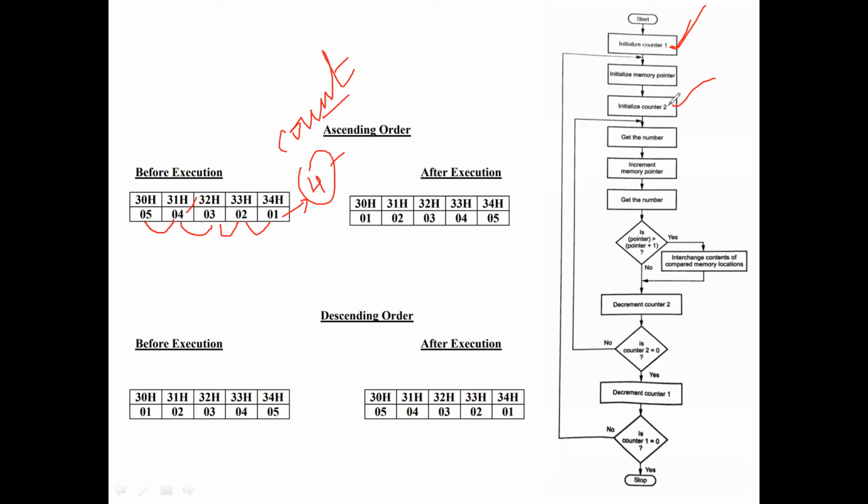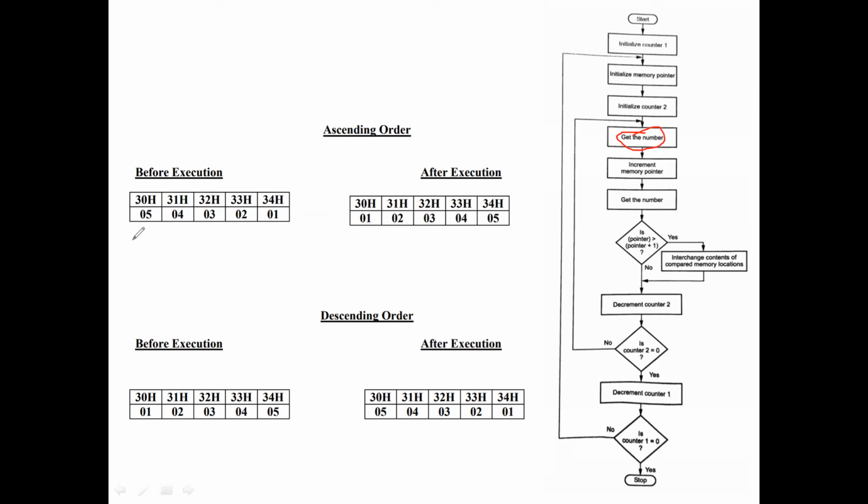We also place a memory pointer, which points to a particular location to take the data. All of this comes into the initialization part. Just initialization.